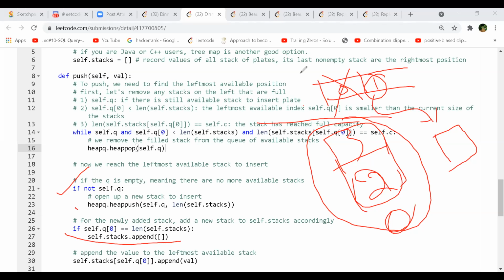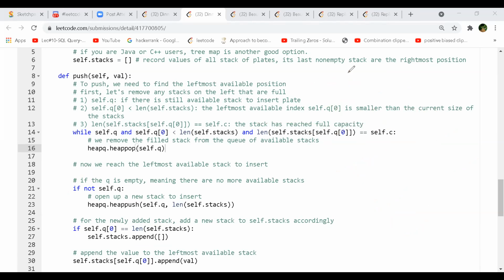If you look at line 15, the way you have written, we remove the filled stack from the queue of available stacks. So that is what you are trying to remove there. Yeah, makes sense. I don't completely follow the Python code, but looking at the comments, that is what I would do. And we are pushing whatever the new value of the stack is after the pop.